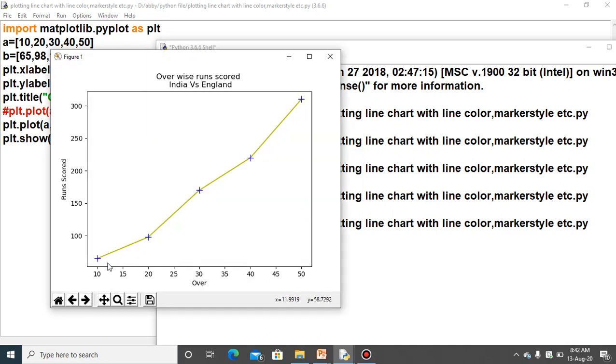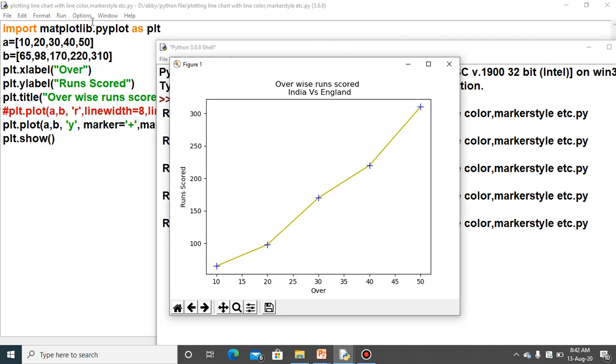Now three things you have to notice here. We have changed the color of the line to yellow, so it is coming in yellow. The marker is coming with the plus symbol wherever the data points are. You can see here, at the 10 point the Y value is 65. So at 10 the value is 65. On this very y axis, wherever the data point is coming, it is 65. In the case of 20, when the x axis value is 20, it is 98.